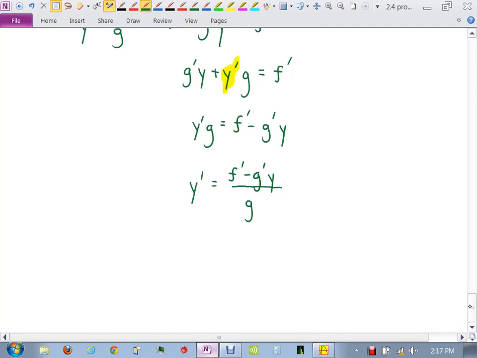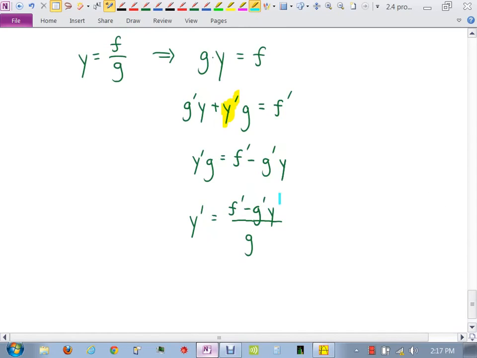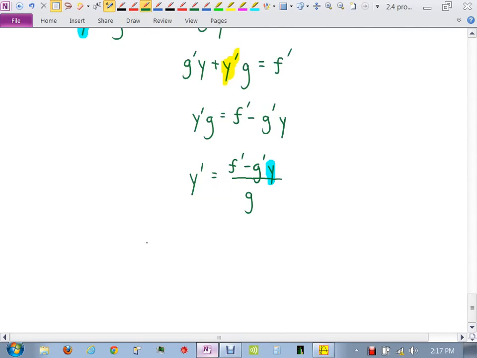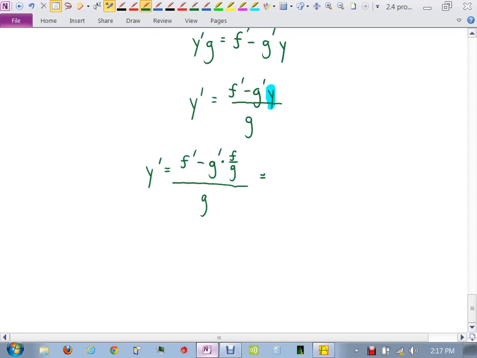But everyone, what is y? See y on the right-hand side? Not y prime, but what is y? What is y? Come back over here. It's f over g, isn't it? So watch this. Y prime equals f prime minus g prime times f over g all over g, right? Y'all still with me? I'm just going to rewrite this. This is f prime minus g prime